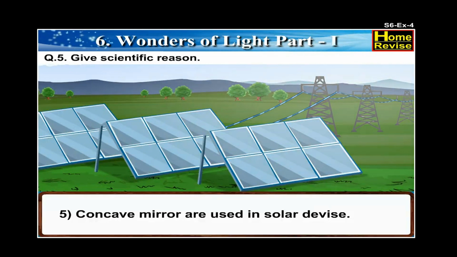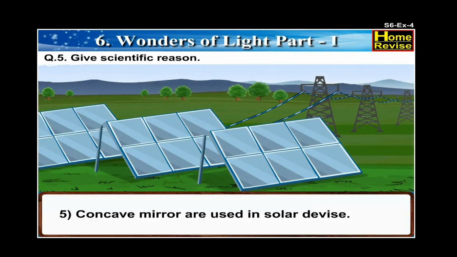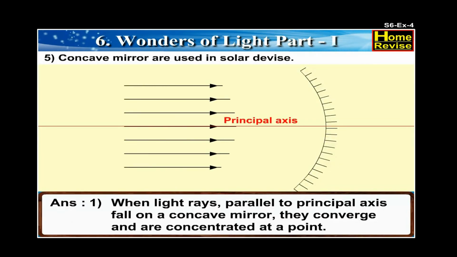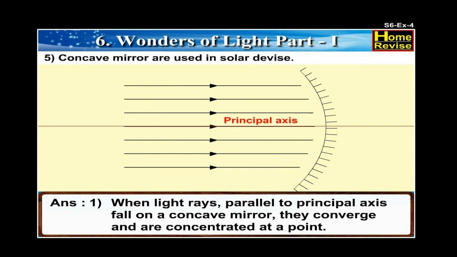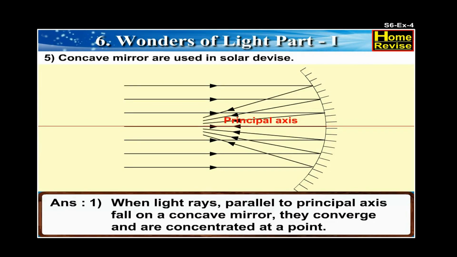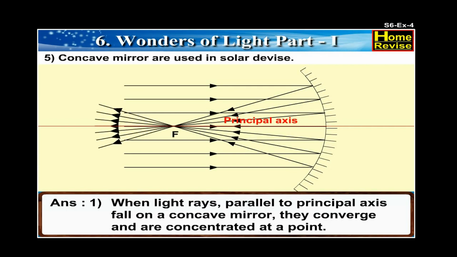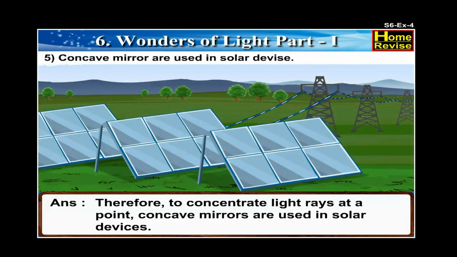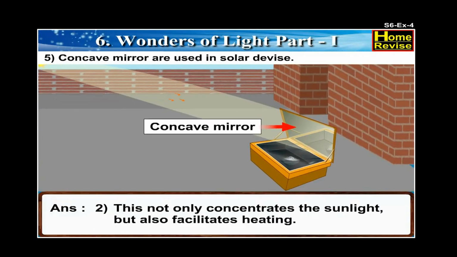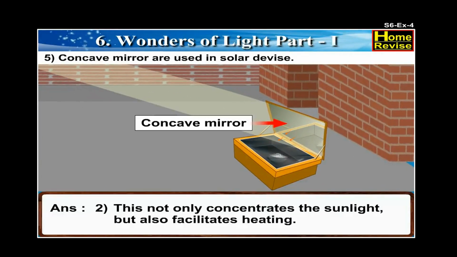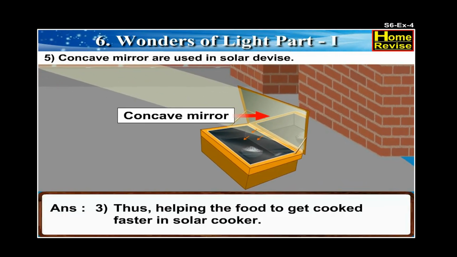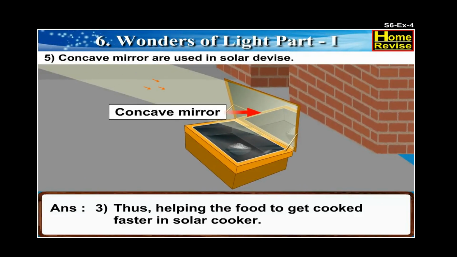Fifth, concave mirrors are used in solar devices. 1. When light rays parallel to the principal axis fall on a concave mirror, they converge and are concentrated at a particular point. Therefore, to concentrate light rays at a point, concave mirrors are used in solar devices. 2. This not only concentrates the sunlight, but also facilitates heating. 3. Thus, helping the food to get cooked faster in